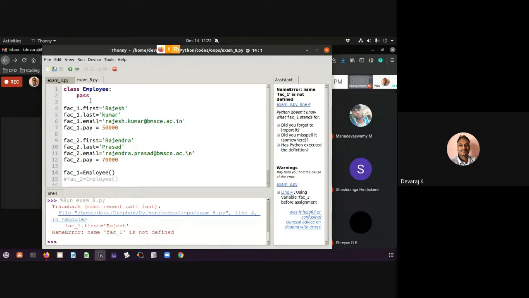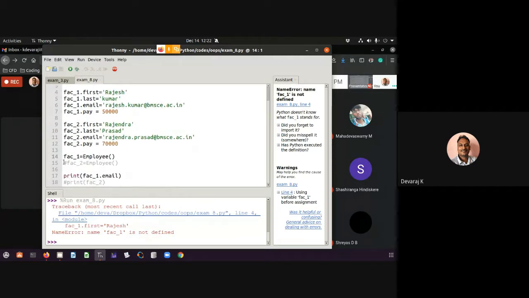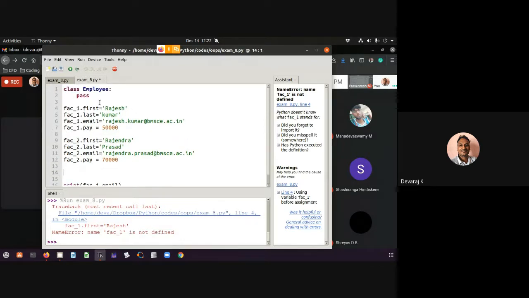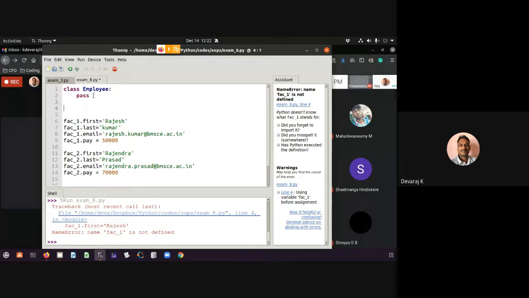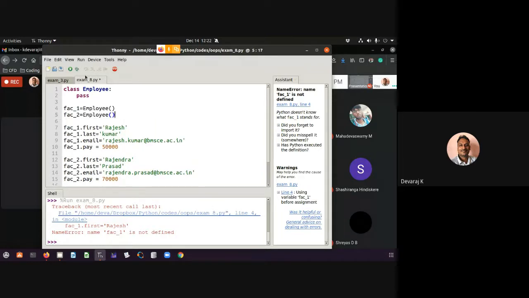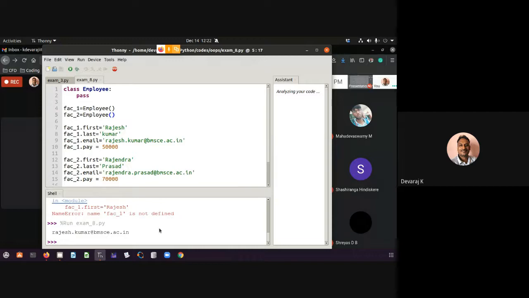Let me define this. Look at this, because it has to come first. I have defined both faculty 1 and faculty 2, but I am getting the output only for faculty 1.